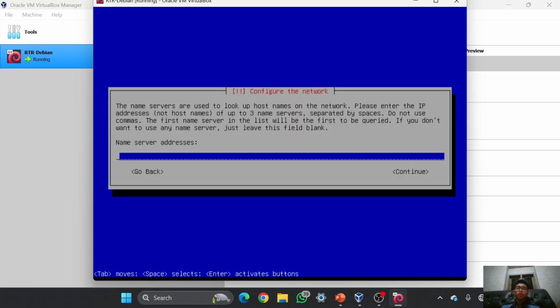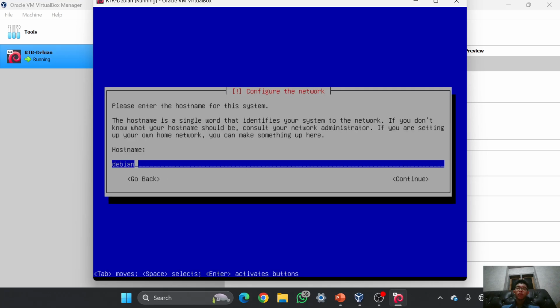Here for the name server address, because it is for the network, it is connected to the internet, it is the name of the server that will connect to the internet. I will use Debian, but right now I'm not connected to the internet, so I think nothing will happen.